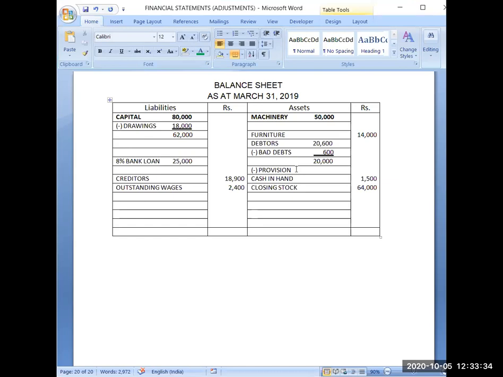Now, 5% should be the amount of provision. 5% of what? 5,600 or 5% of 600 or 5% of 20,000. Three amounts I am having here. So obviously, after writing off this amount of bad debts from earlier debtors, now my debtors are only 20,000, from which I have to recover the amount. So out of that, 5% can be the bad debts in future. So 5% of 20,000 will be 1,000.